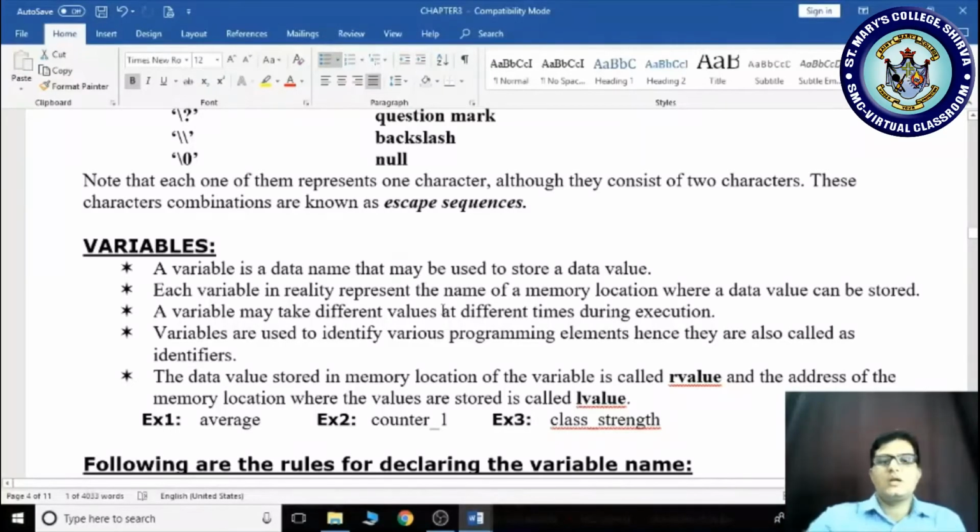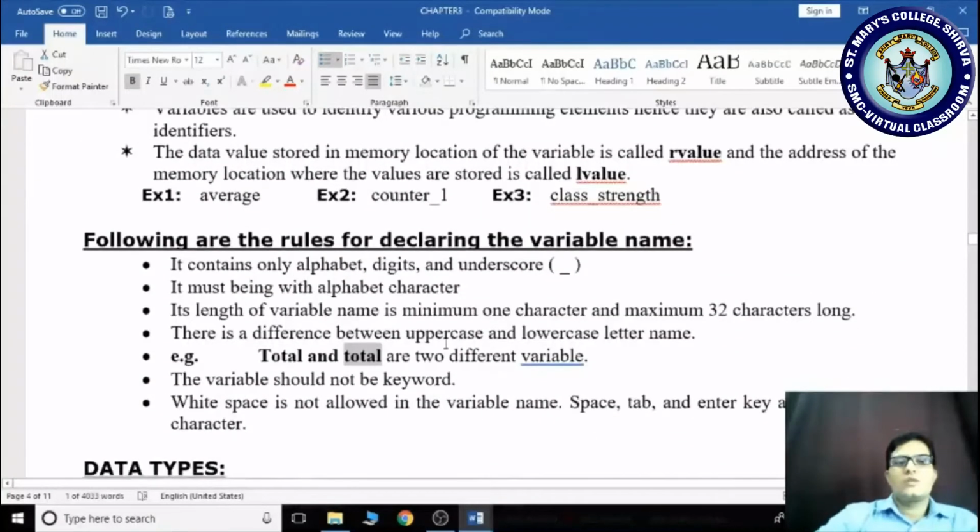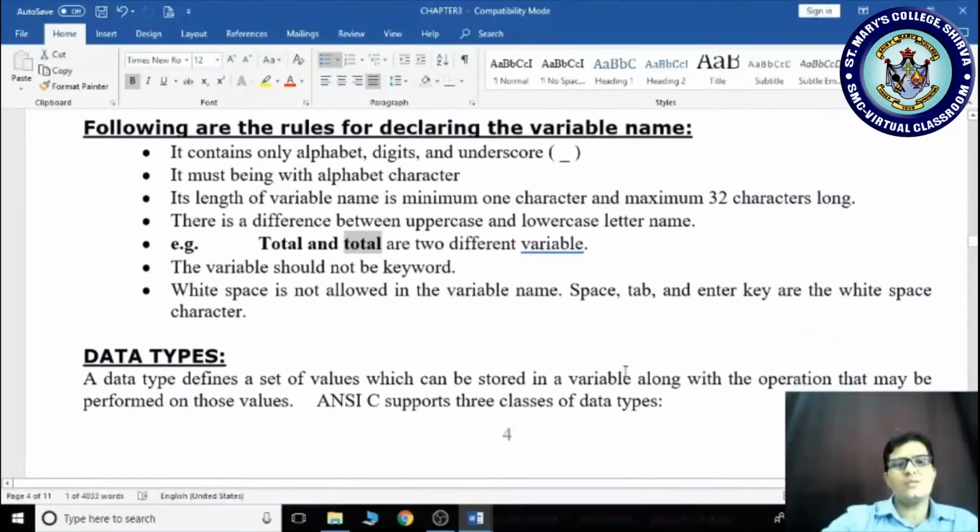The rules to construct a variable: it must contain alphabets, digits and special symbols like underscore; the name starts with an alphabet; its length is 32 characters; uppercase and lowercase are different; you should not use keywords; and no special symbols or blank spaces are allowed other than underscore. These are the rules when declaring variable names.